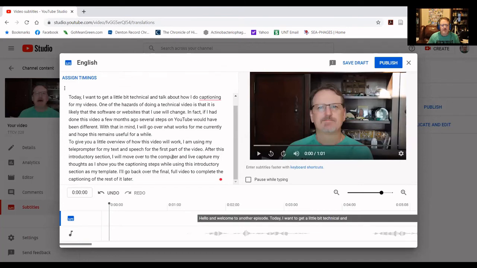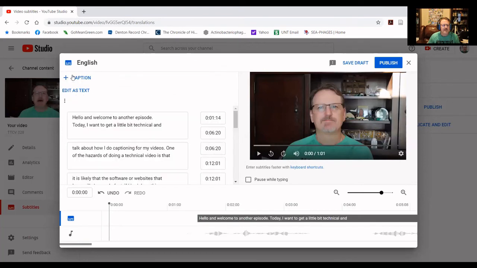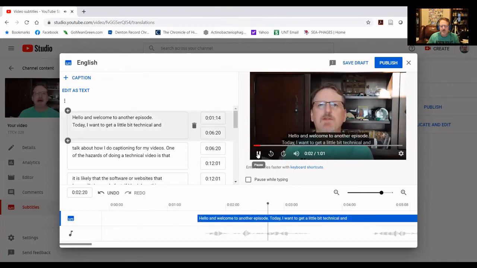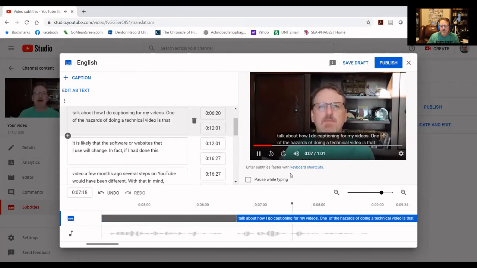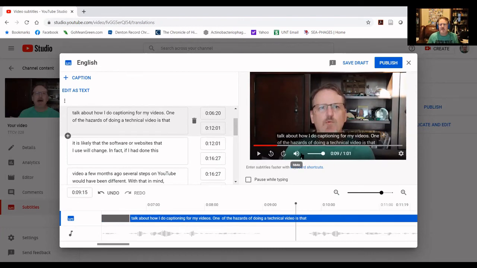And then what it's going to do is if I click the assign timing button, it's going to assign timing to that text. That should match basically what happened. And we can test that if we want. If we go back over here and say play. All right, so we can see that that captioning has been timed to match what's already in there. And then I just need to go back up to the top here and say publish.